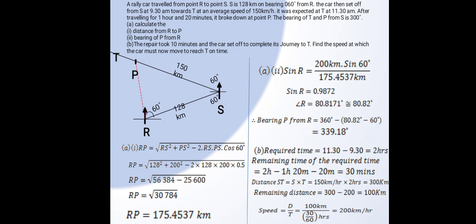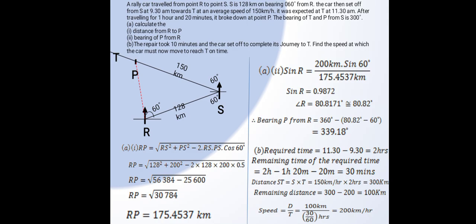Now the first part, we have to calculate the distance RP. The distance RP, we can calculate it using the cosine rule. And you can see how I've computed them. So the distance RP is 175.4537 kilometers. Now the bearing of P from R, just look at the diagram